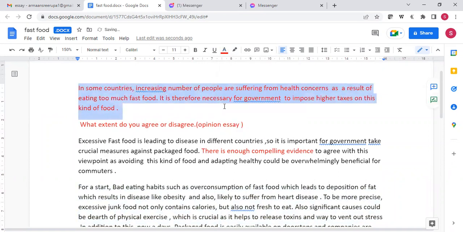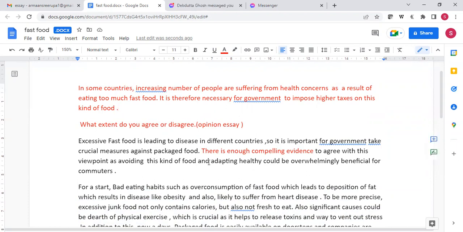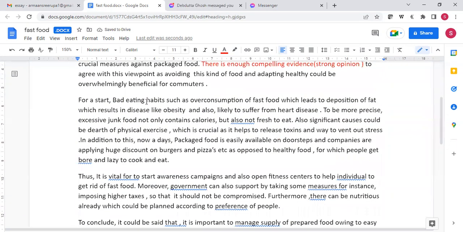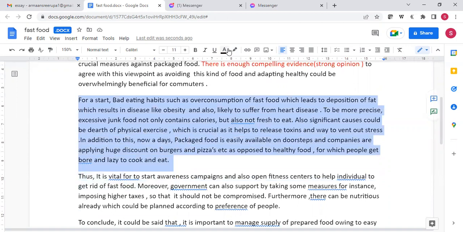In this question, as you can see, it says that the state of health and well-being is deteriorating, and so the state should be imposing higher taxes or high tariffs. To what extent do you agree or disagree? Now, she has taken a strong opinion. She says there is enough compelling evidence, which is a strong opinion statement, which is absolutely fine. All that I'm trying to ask you is to go through this para and tell me, does the content of this para